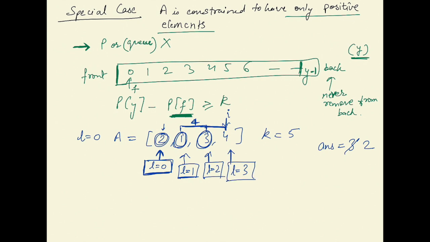So now the sum from L to I is simply 4. Is 4 greater than k? No. So we can't do better, and the answer is 2. So what I mean is that we don't need this Q, because we can simply store the sum from index L to I